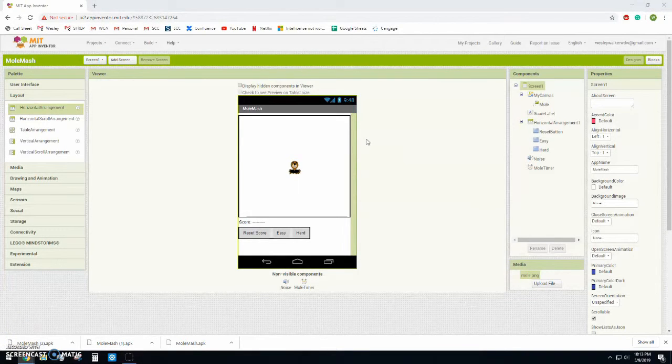Alrighty, so got our MoleMash project here, so let's jump into it. This was actually a lot of fun to design. I really enjoyed it. Surprising how fast it was to design something that would seemingly be a little difficult, but it really wasn't difficult at all when you got into it. MIT's really made a really nice